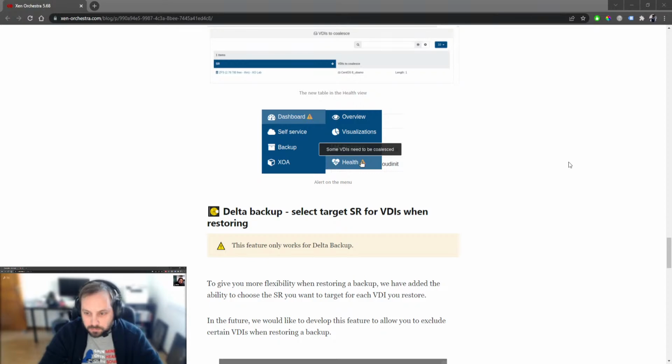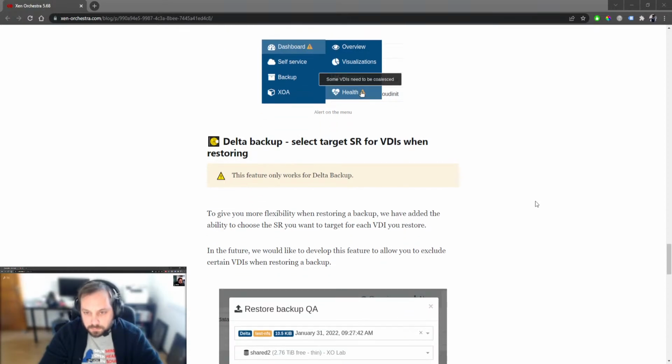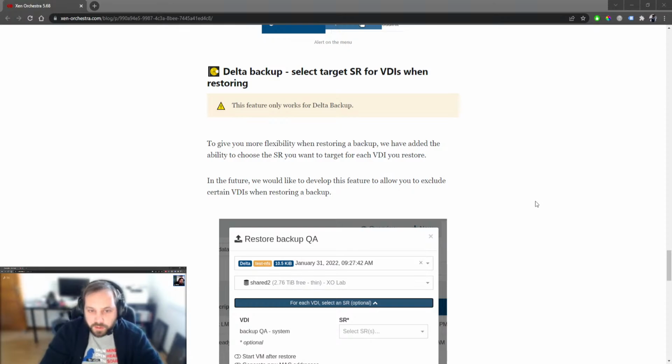It's a new feature. It's something already available that will be helpful for all Delta backup jobs. But we are also planning to improve this feature in the future to provide even more flexibility in your infrastructure. So Oliver, if you want to talk about it. So that was a request that we had, in fact, for a